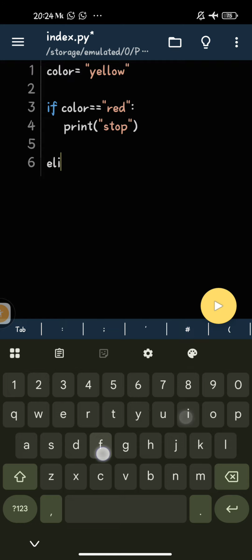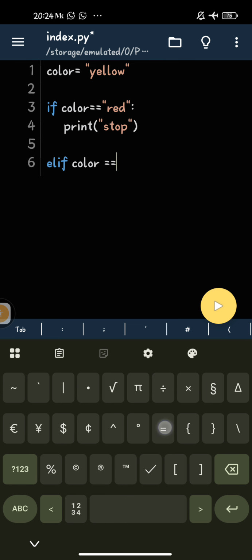It means else if together. If you have more than two conditions, you use the elif. So elif, that is else if, color is equals to